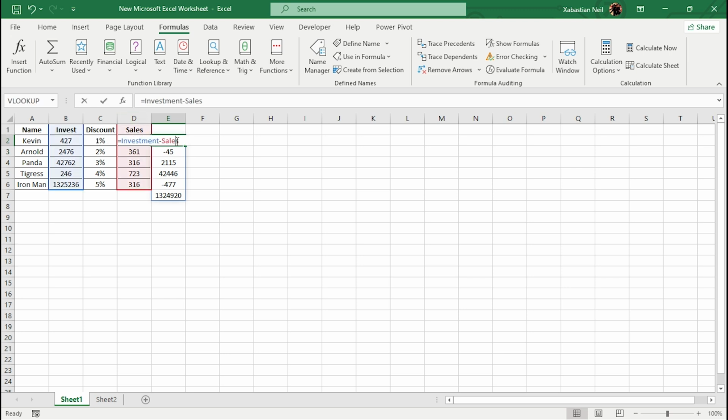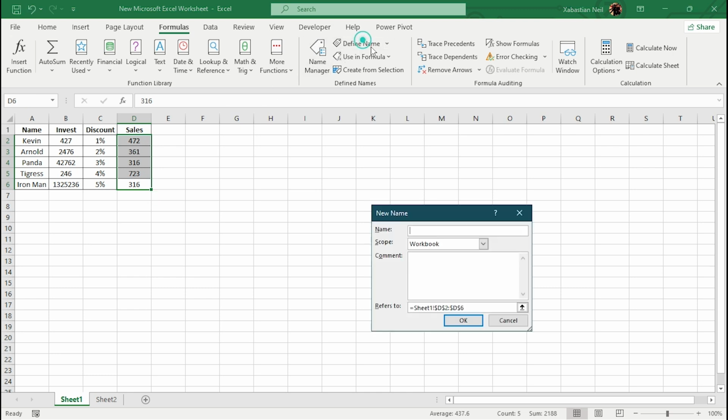What I did was select all of it, but only the data, define investment, select this, and define name, which is going to be sales. Okay,